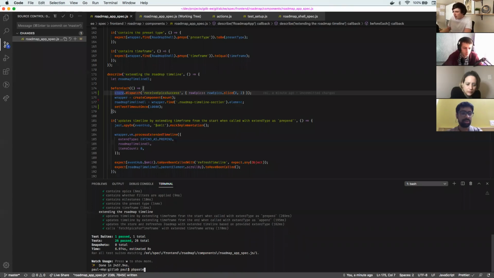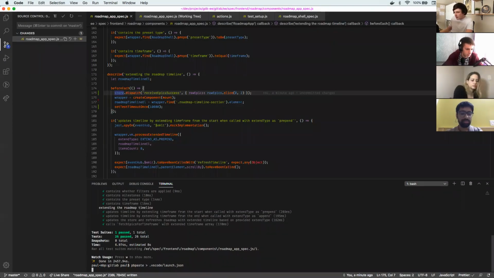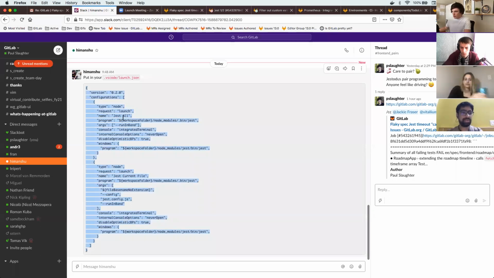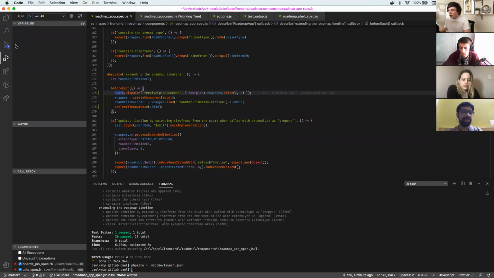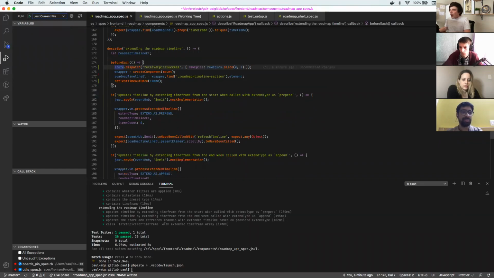So we're saying put this in VS Code launch.json. Yeah. Now you should have two configurations in the run panel. It's just for debugging. So you can just click the drop down and choose current file, and now you can